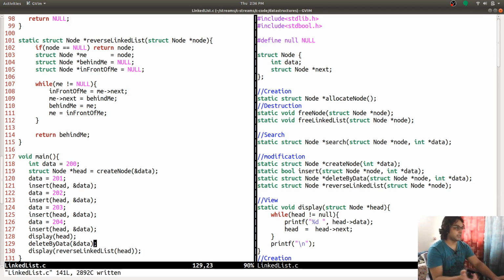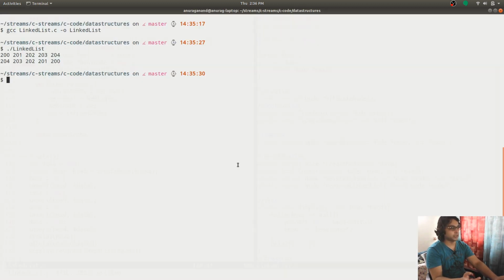So the reversed linked list is not going to have this 204 in its node. So compiling again.